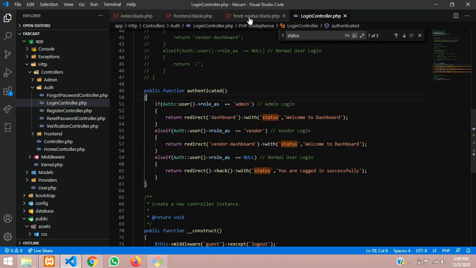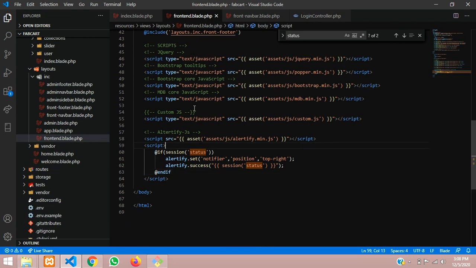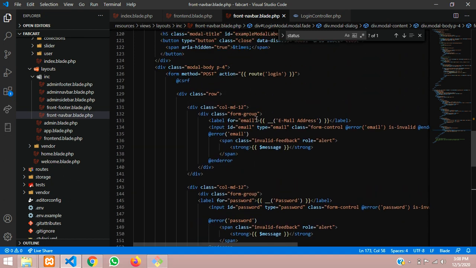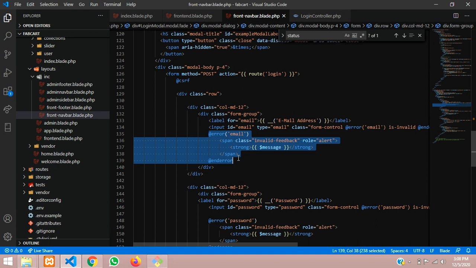Simple. So let's get back to our blade file. Over here, layouts, and where was our modal? Okay, this is our modal, right? So you are getting this message on this error email. Okay, so let's copy this error email.